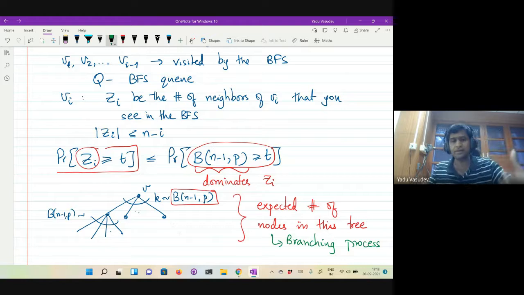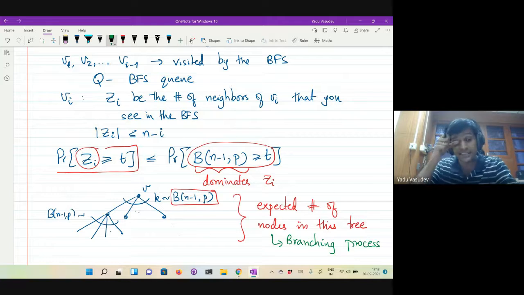Right. So we have done multiple levels of approximation. We started out with the cuckoo graph, which we said let's not analyze directly, but instead analyze the Erdős-Rényi graph. In the Erdős-Rényi graph, instead of analyzing the connected component size directly, we said that starting from a vertex V, the connected component size can be approximated by the size of the branching process, where the number of children for every node is chosen according to the binomial distribution. Right? So there are two levels of approximation that we're doing. Any questions on this? Is this clear?